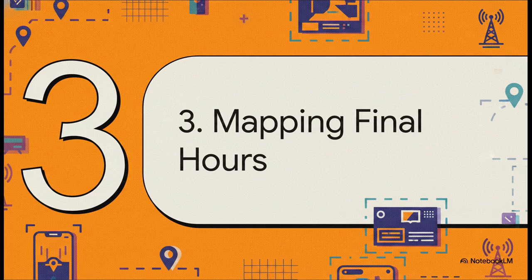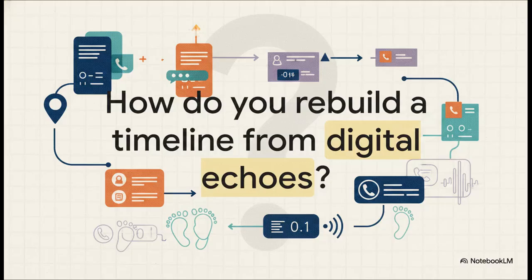Now for the really interesting part. How do you put them all together? How do you layer all that data to actually build a map of someone's last hours? I mean, how do you take all these little digital echoes and turn them into a clear story? It's really a puzzle. You have to layer the information one piece on top of another until a picture starts